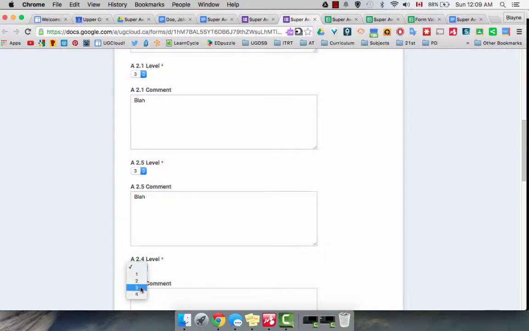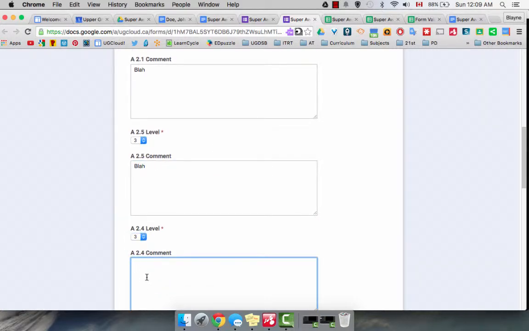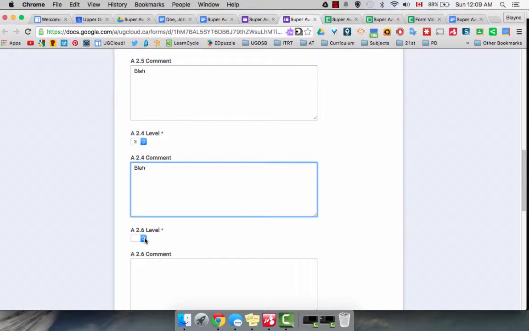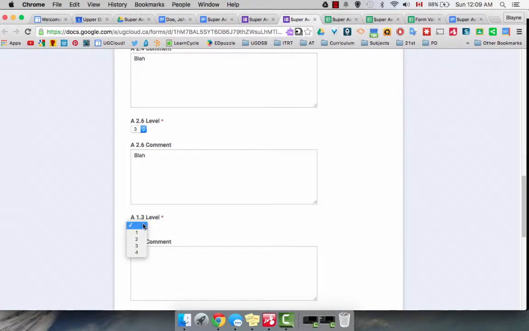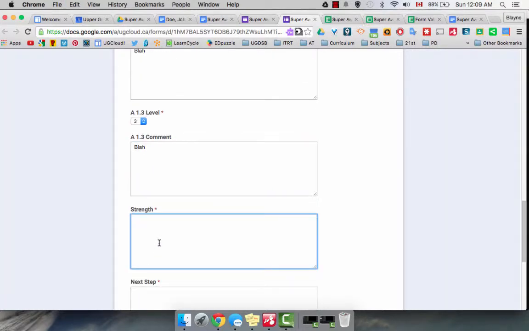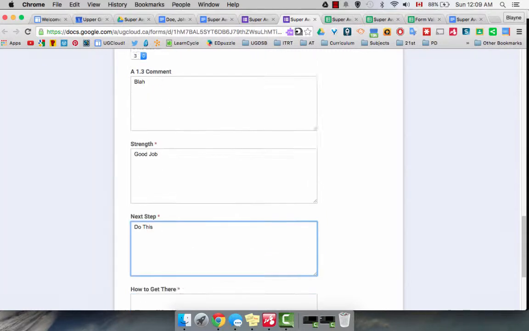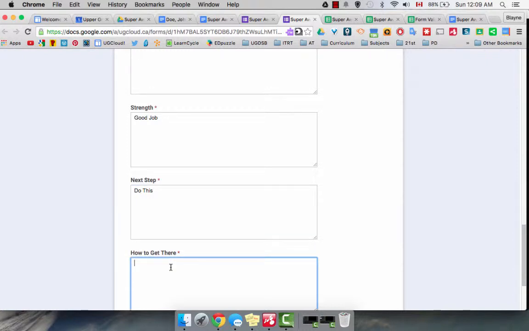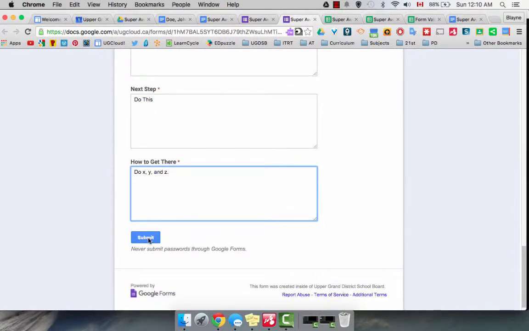He is meeting grade level expectation. No Ludwig Wittgenstein, I'll tell you that much. Strong, good job. Next step, do this. How to get there? Do X, Y, and Z. So now when we submit,